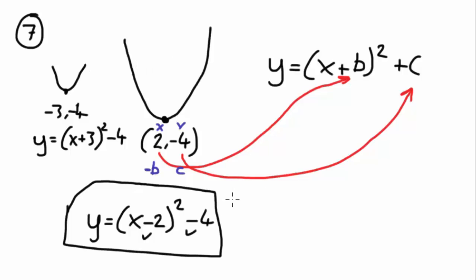Right, so what we have is we can say b goes here, minus 2, and c equals minus 4. Next wee question is, okay, so next question is y equals x minus 3, x